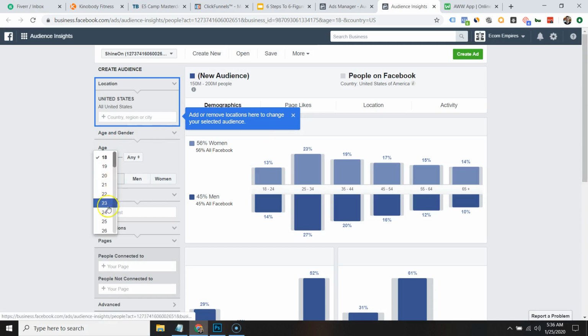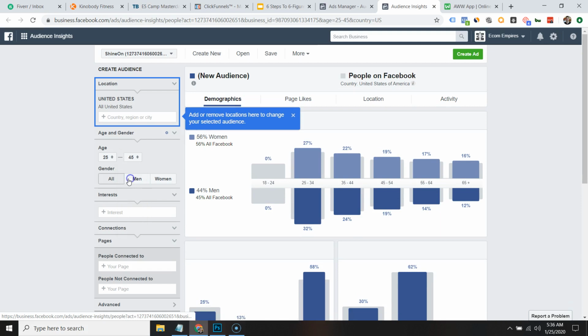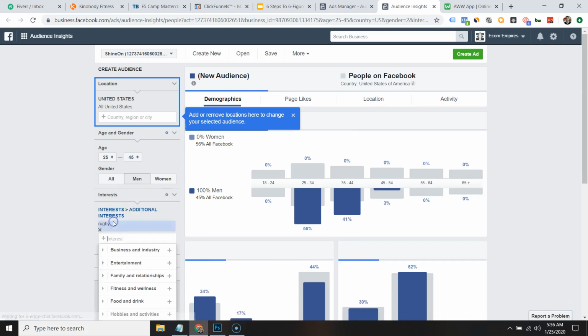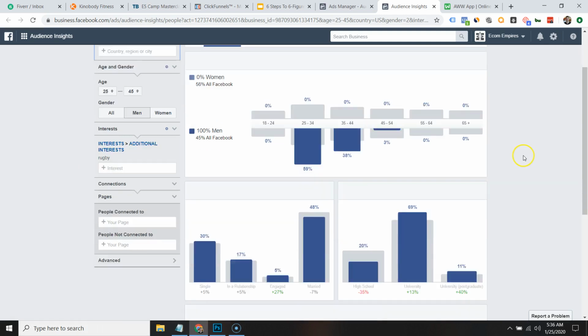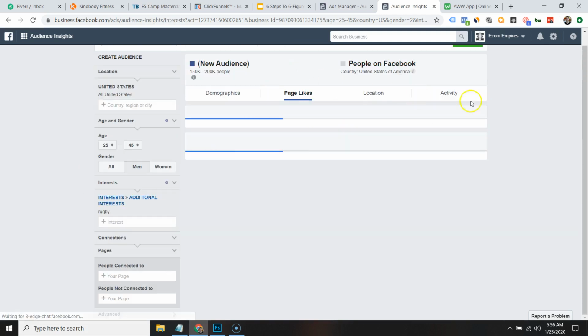So if I know that ages, let's say 25 to 45 men who like rugby is performing well for me. This is a small audience size here, but it's just the first thing that popped into my mind. All right, I can come over to page likes